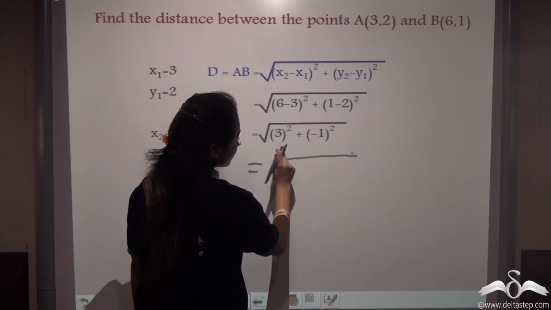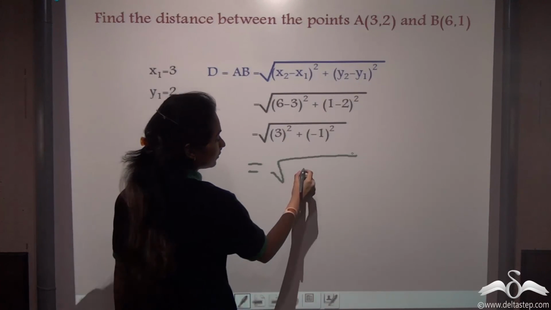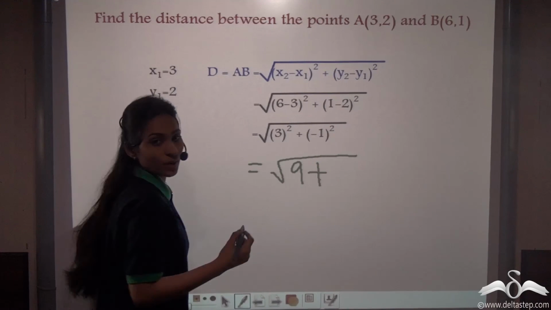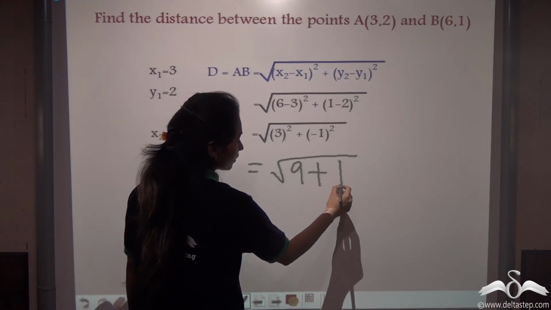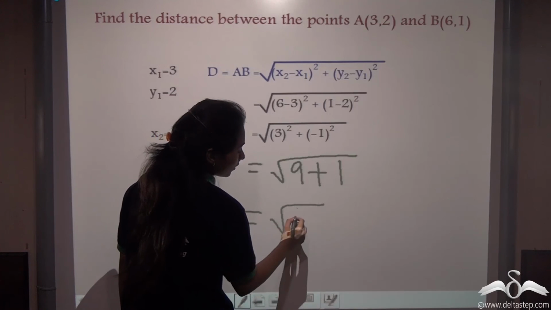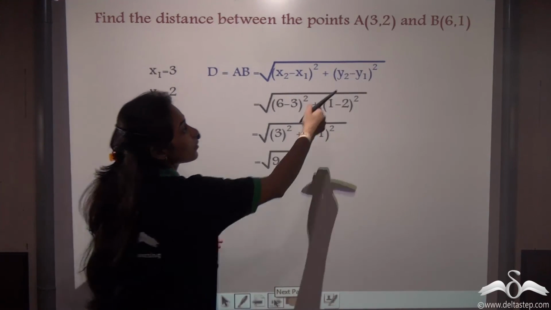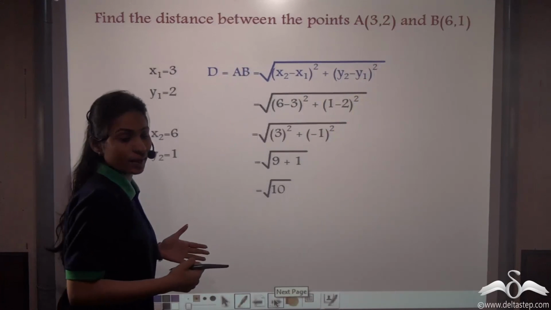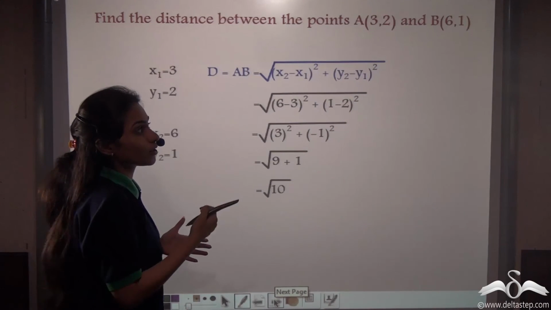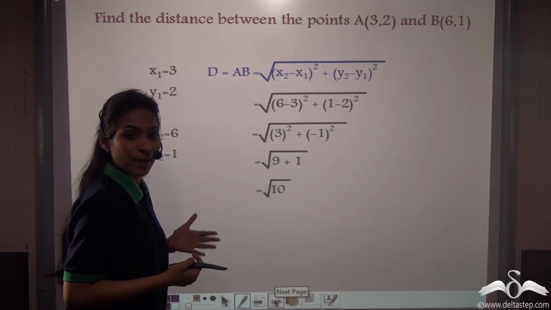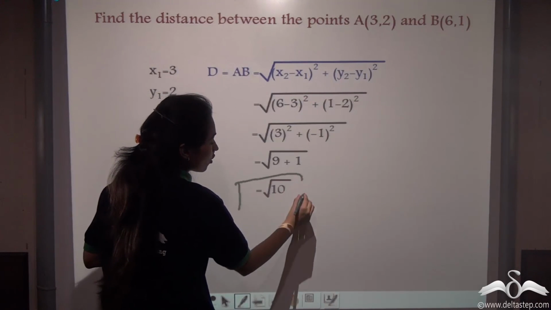Now what do we get? 3 square is 9, plus minus 1 whole square is 1. That gives us root over 10. So we can say that the distance between those 2 points A and B, which have the coordinates (3, 2) and (6, 1) respectively, the distance is root over